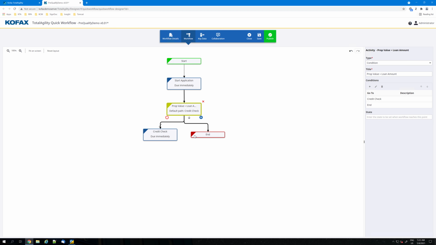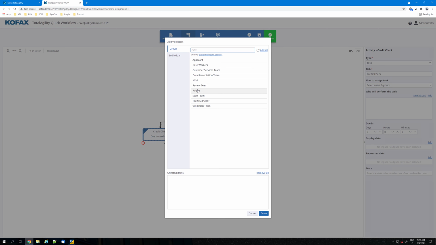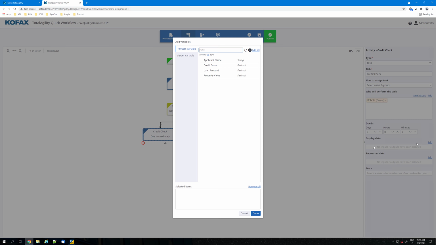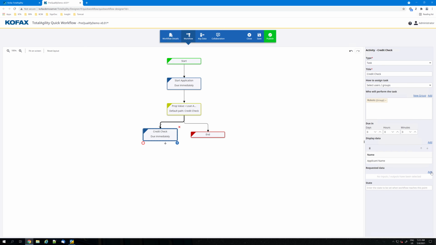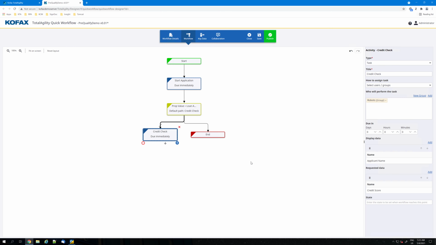So we have these. And the credit check is actually something that we're going to assign to the group called robots. So we're going to change that to the group robots. And we are going to say that we are going to display the applicant name. And we're going to request an updated credit score that the robot can retrieve from internal or external systems. And once we have the credit check,